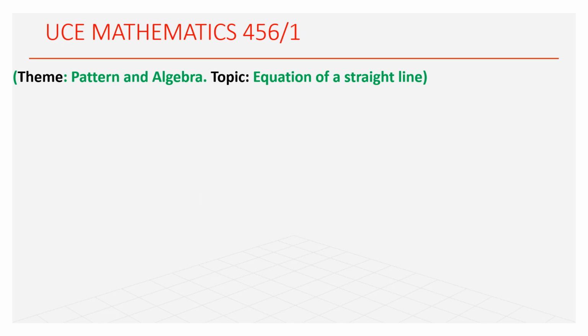Once we plot them, for example, if I have a coordinate (1, 2), then another coordinate (2, 0), these are 2 coordinates. So if I have my Cartesian plane, with the x-axis and